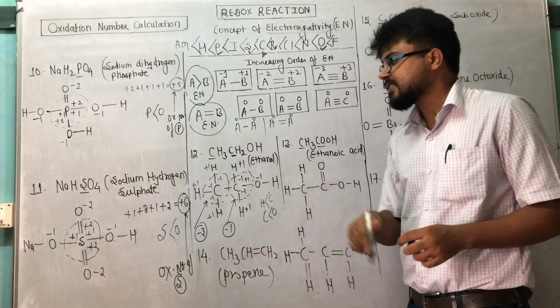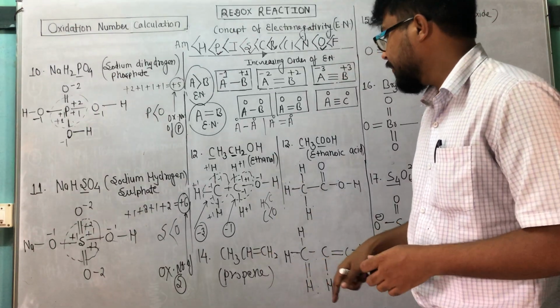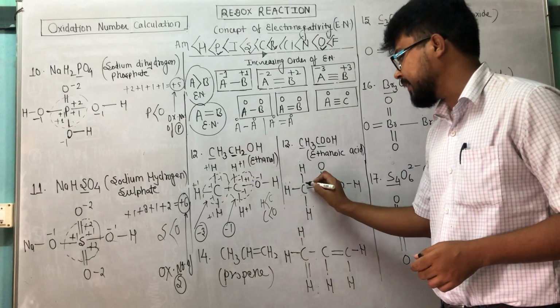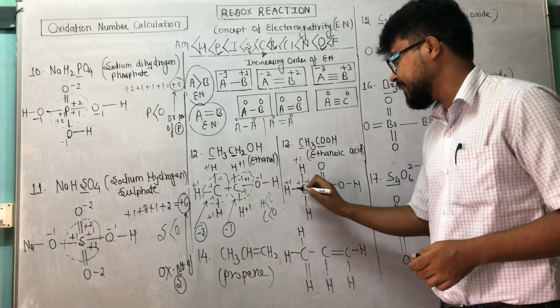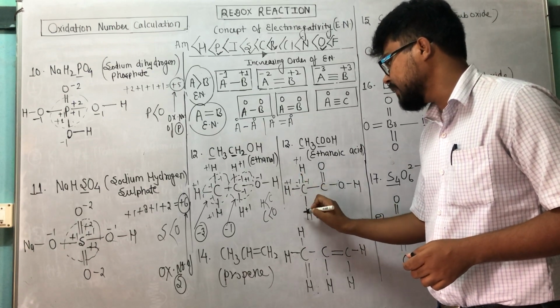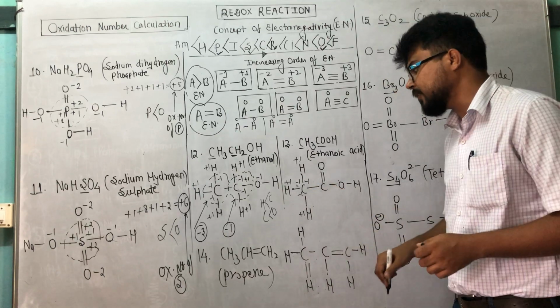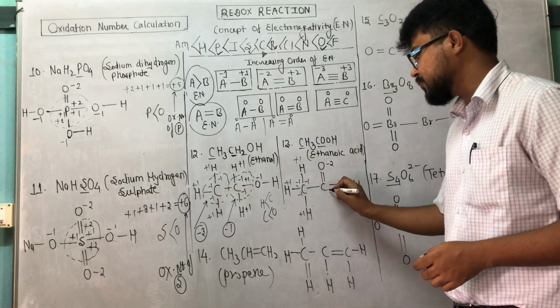So the ox number of the first carbon is -3. For the second carbon it is -1. Same thing we can discuss here. For carbon-hydrogen, carbon is more electronegative. -1, +1, +1, -1. It is what? It is -1. Here it is +1, -1. Zero contribution for this bond. Here, because oxygen is more electronegative, therefore -2 and +2.